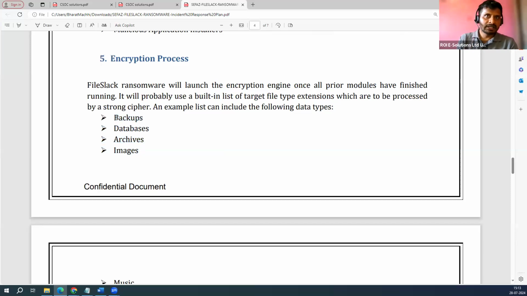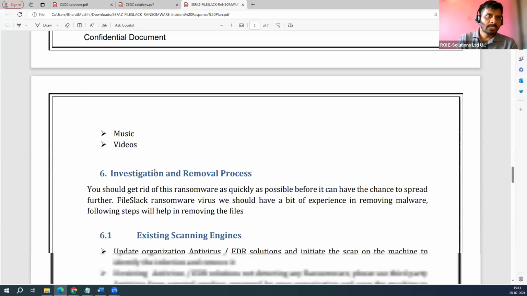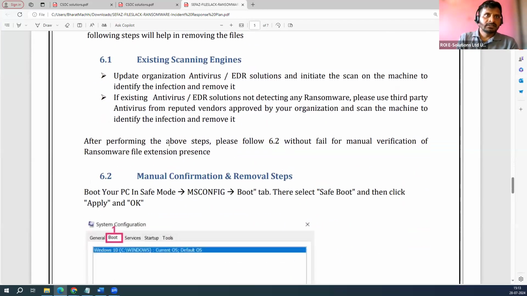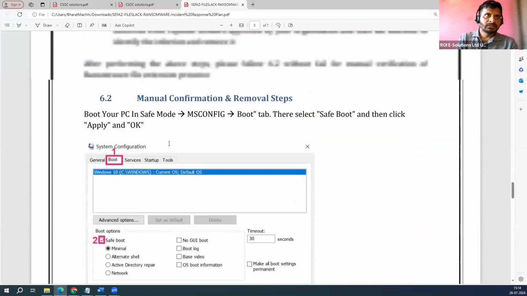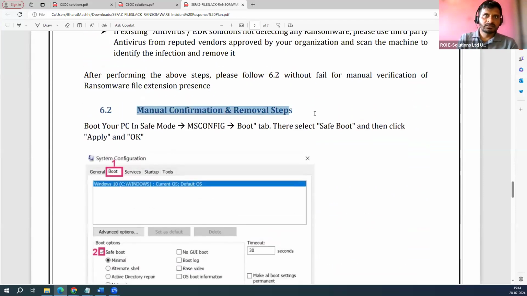They will try to target the backups, databases, archives, images, right? So during the investigation, we could find that. In order to remove this type of ransomware from our system,